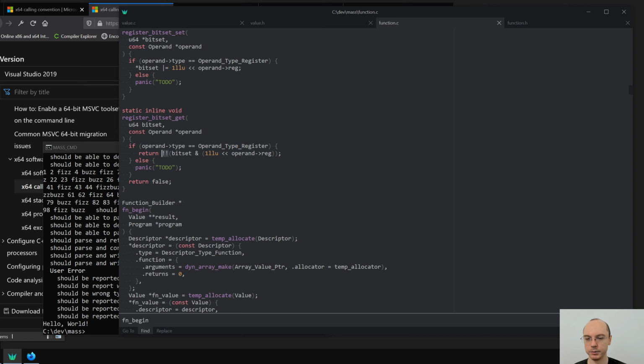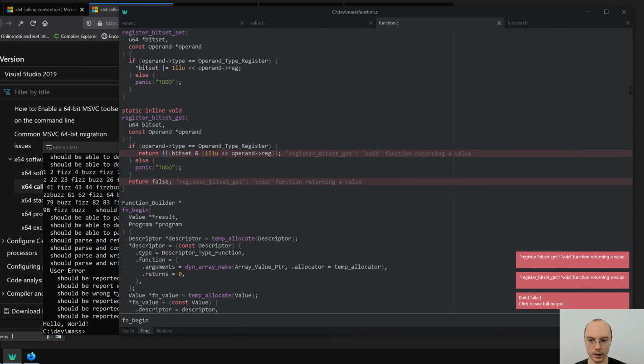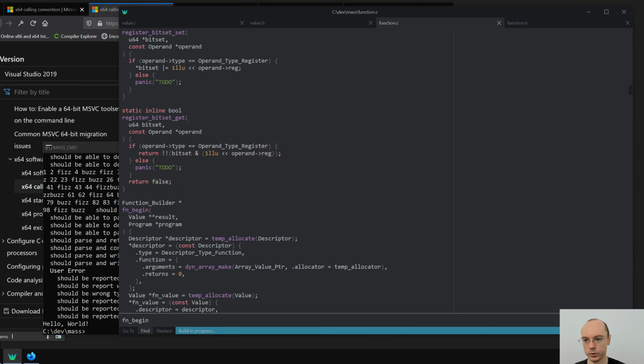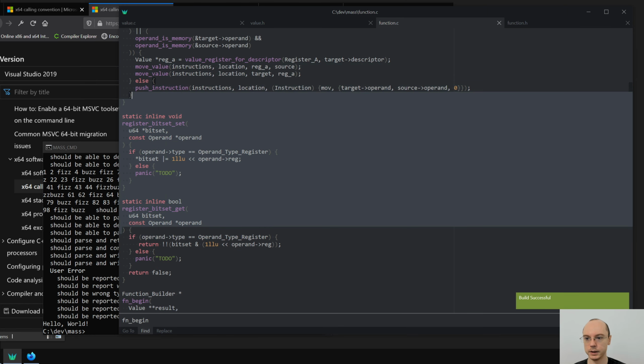And this is necessary because the bit can be at any position, and I want to force it to be at the first position. So the value will be 0 or 1 and not 0 or something else. Okay, this is now bool,